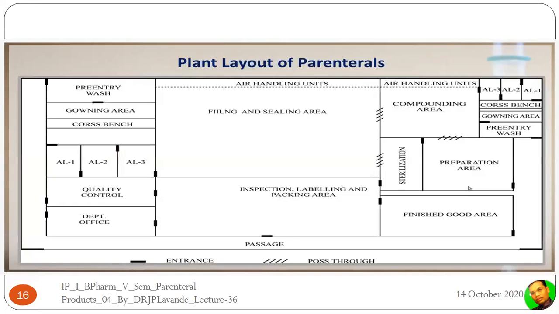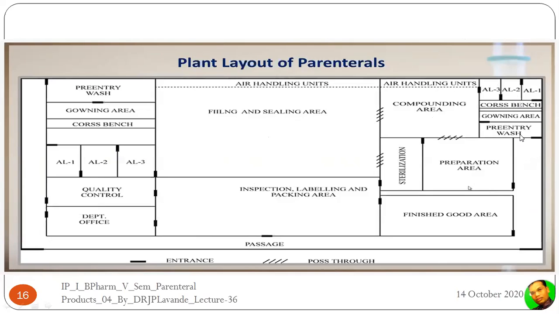So again, this is the factory plant layout. As you can see, there is a quality control department and there is a production department. This is the particular area which is said to be the filling and sealing area, which needs a high degree of cleanliness. The entry for the production personnel is from this side, and they will pass